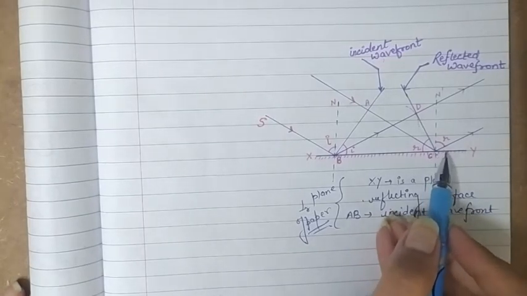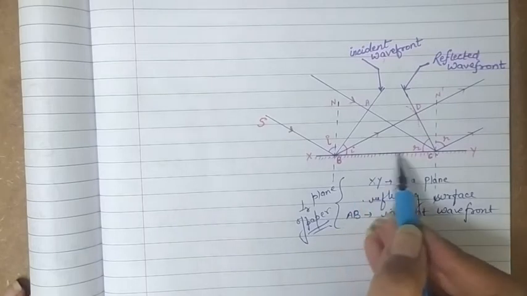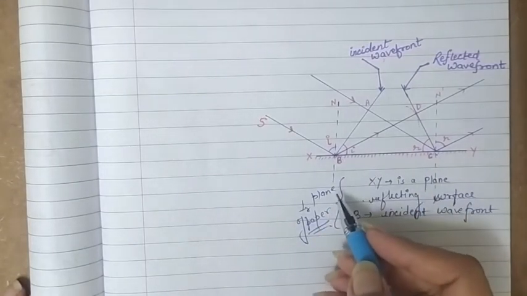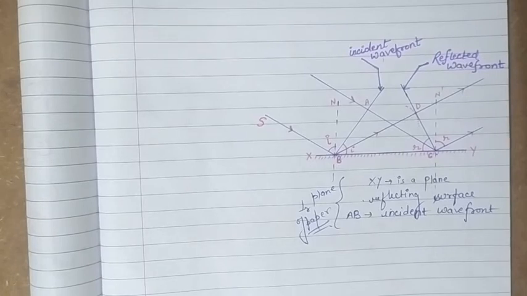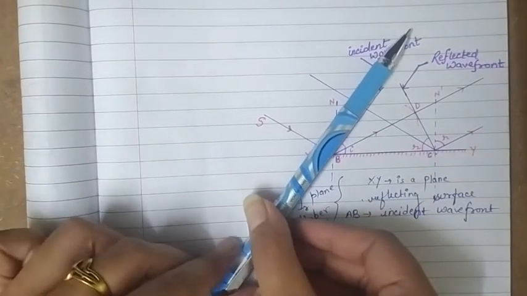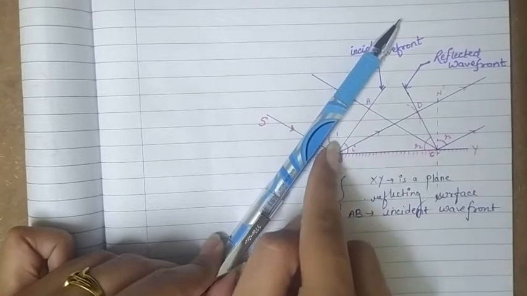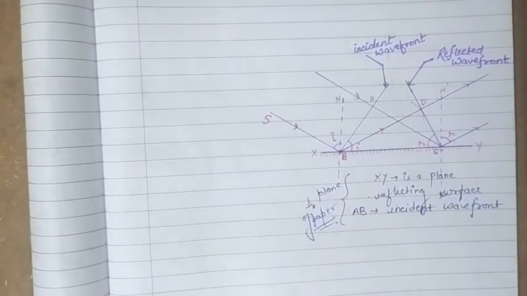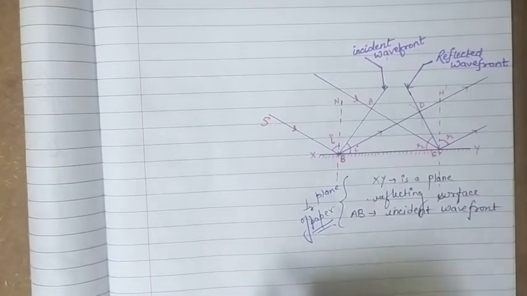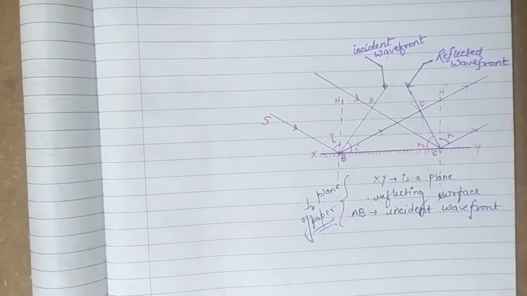Now according to the Huygens principle, from each point on BC, secondary wavelets start growing with a speed equal to the speed of light, that is c. So when this wavefront hits the surface, it hits first at point B and then point C after some time, and all the points in between lie somewhere between B and C. These all act as the origin points of secondary wavelets, and these secondary wavelets spread with a speed equal to the speed of light, c.